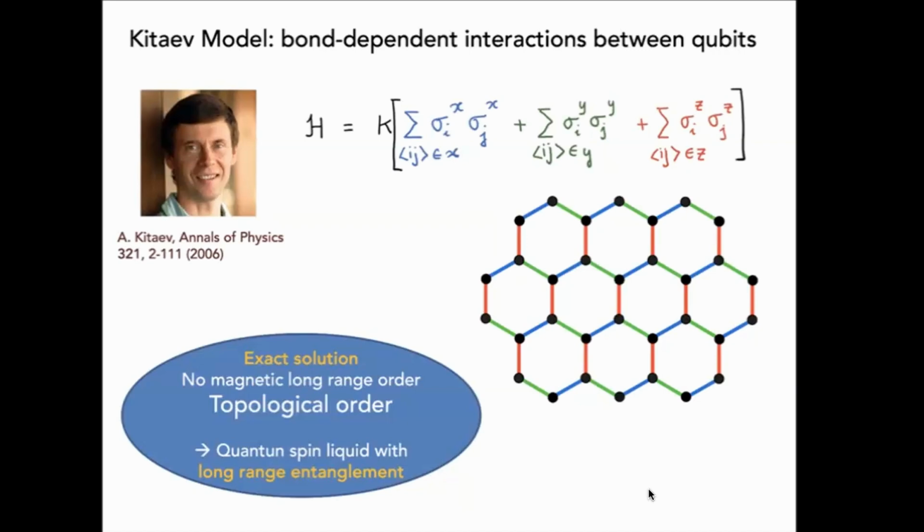And this could come from spin half, or it could come from J equal to half if you have spin orbit coupling. In a material, you necessarily need spin orbit coupling to produce the kind of interactions which are very anisotropic. So every bond has different Pauli matrices that are interacting. Either it's the X Pauli matrices on the blue bonds, or Y Pauli matrices on the green, or Z Pauli matrices on